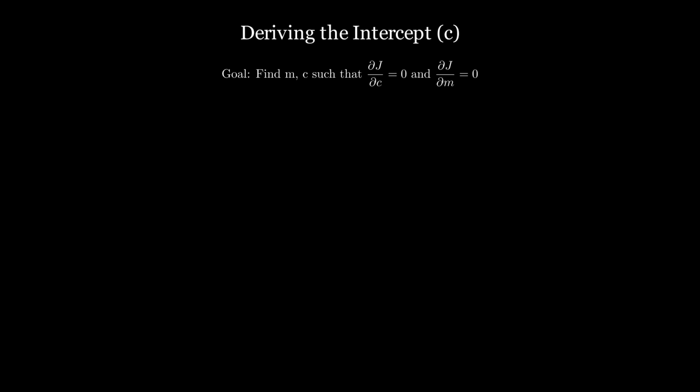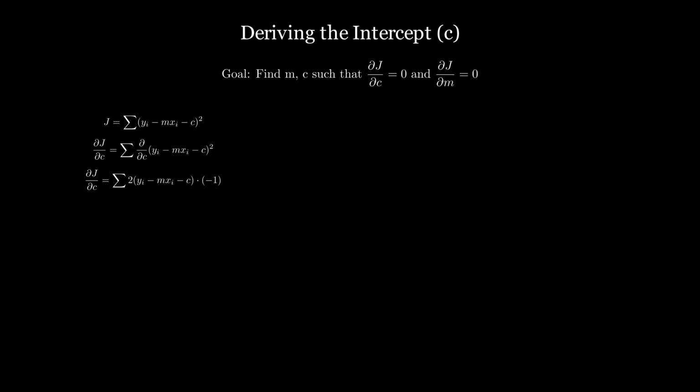Let's begin by finding the optimal value for the intercept, c. We will take the partial derivative of J with respect to c and set it to 0. Here's our cost function again. To find the derivative, we apply the chain rule. The derivative of a squared function u squared is 2u times the derivative of u. We can bring the derivative operator inside the summation. The derivative of the inner part, y sub i minus mx sub i minus c, with respect to c, is simply -1. So the partial derivative of J with respect to c is the sum of 2 times the residual,